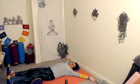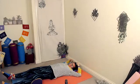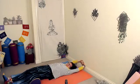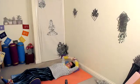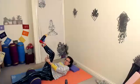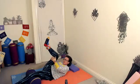Lovely. Let's stretch. Squeeze the buttocks, lift the hips. Interlock the fingers, push the palms to the back of the room. Point the toes, push your heels away. Point the toes, push the heels away. And release. And then let's hug behind the knee, just below the knee joint, and then lift towards the chest